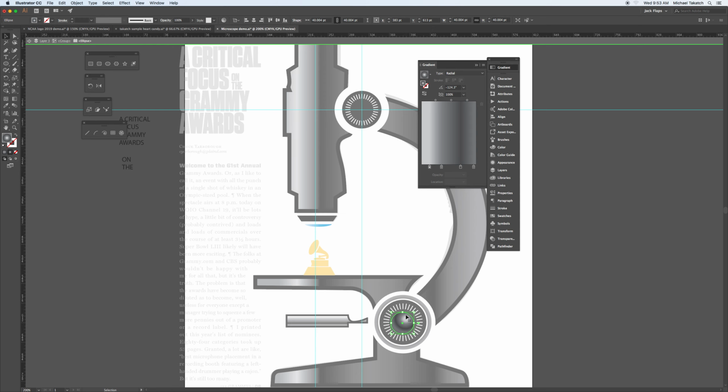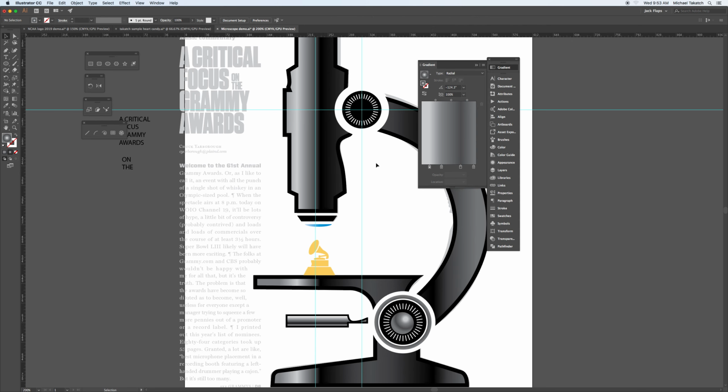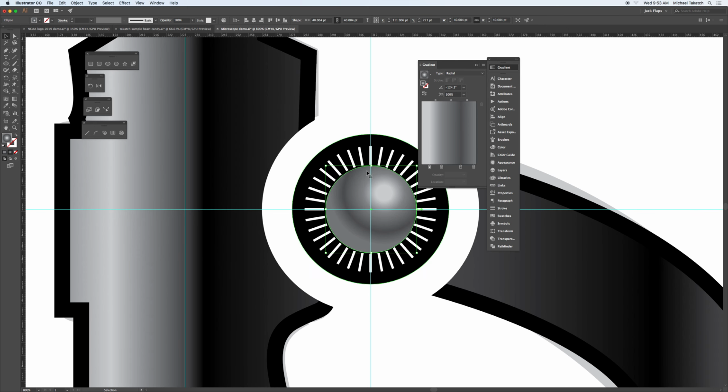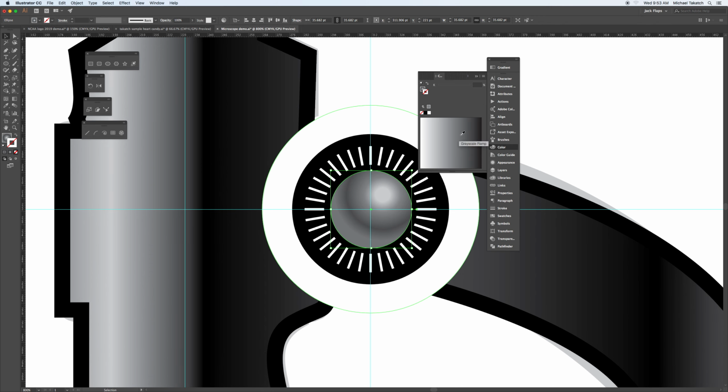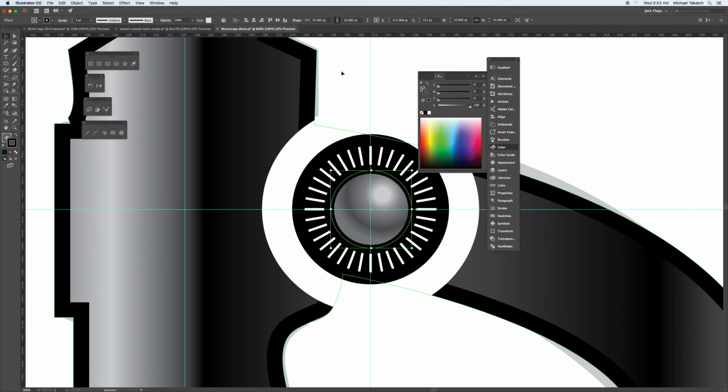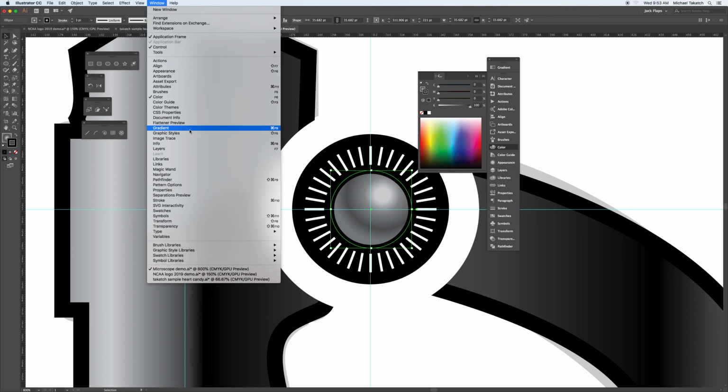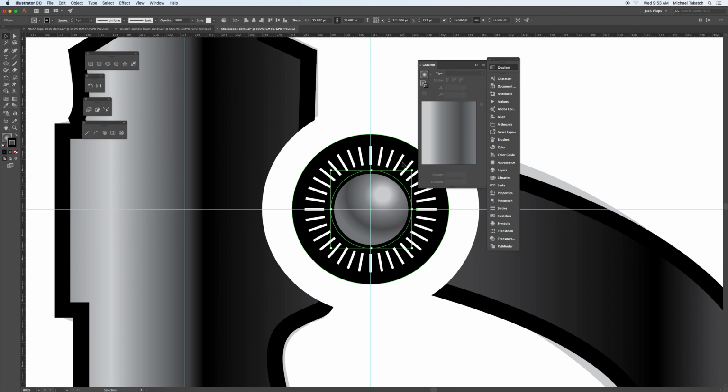If this is in isolation, I can copy it, come out of isolation mode, paste it, place it up there. It's a little large, but that'll give you a stroke. And again, you can use the gradient. So I'm just trying to give you some different options to